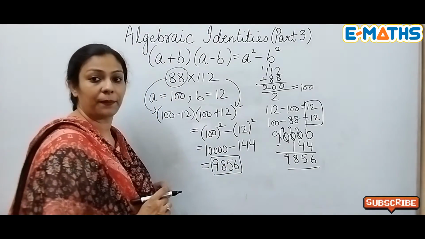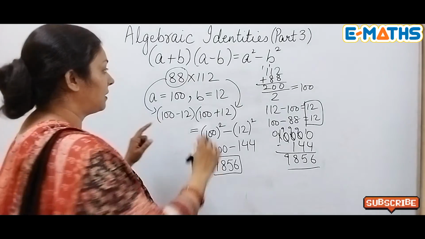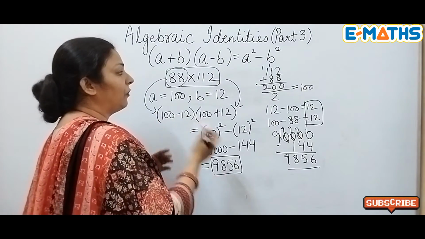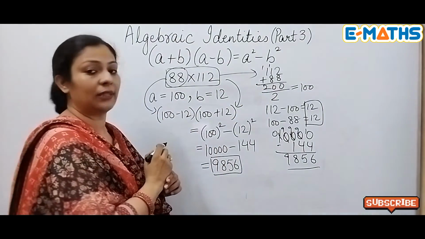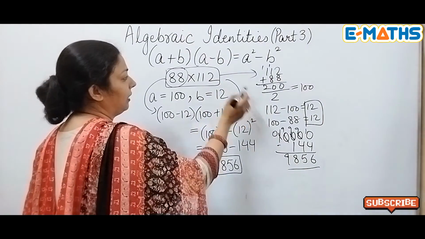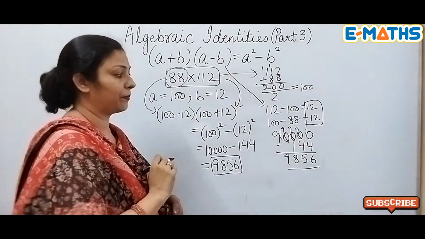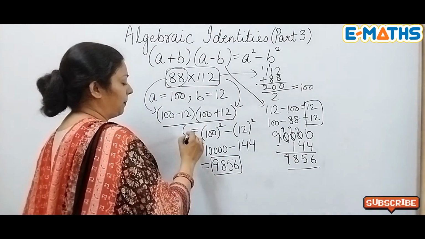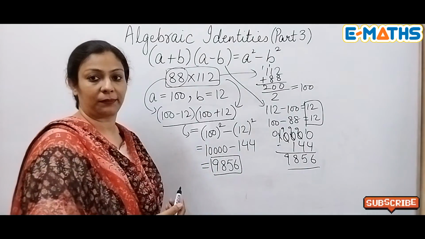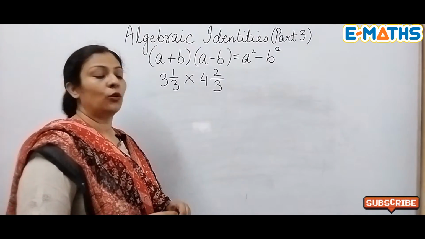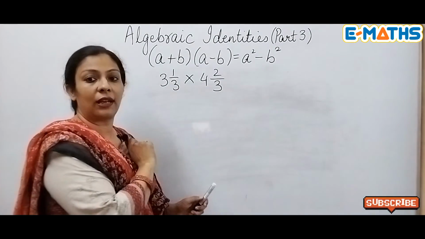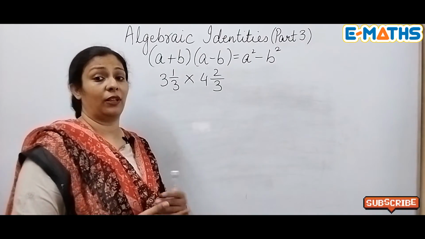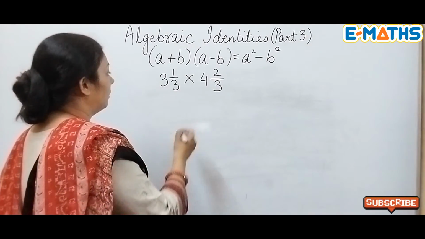That's the answer. So I hope you have understood that if your question is in this form, you need to find the value of A, which will be found like this, and B of course will be found this way. Once you get the values, write these numbers in this form and then apply the identity and solve it. Now I have taken the same thing, only the difference is I have taken rational numbers here, because children often get confused about what will be the value of A and what will be the value of B. So I'll clear it out here only.